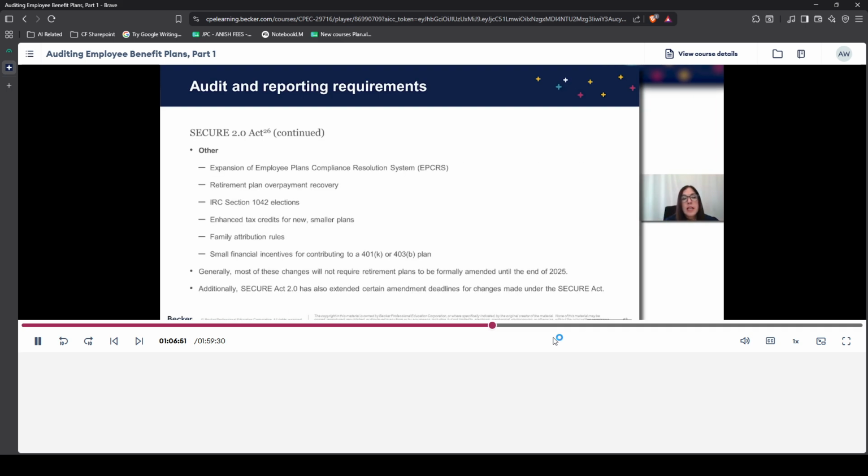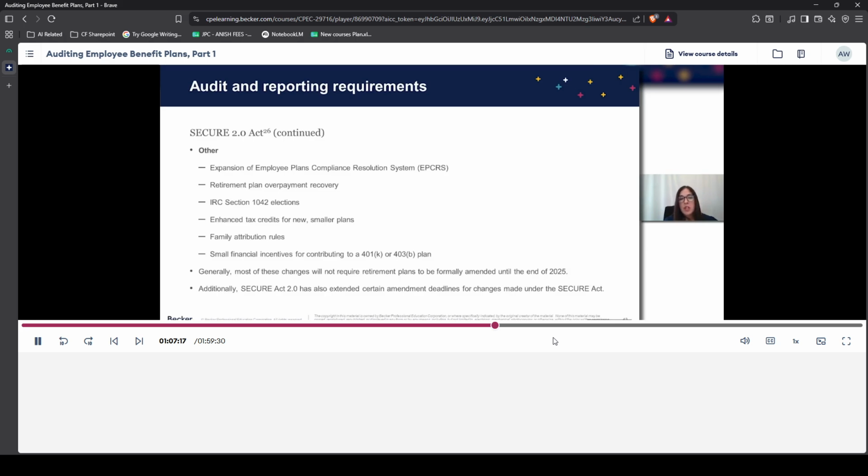Couple of other things here under Secure 2.0. They did expand the employee plan compliance resolution system to add some additional items that were available for self-correction. They provided for retirement plan overpayment recovery, enhanced tax credits for new smaller plans, some family attribution rules, and most of these changes, and that's what I said, you have to be a little patient there for a few minutes